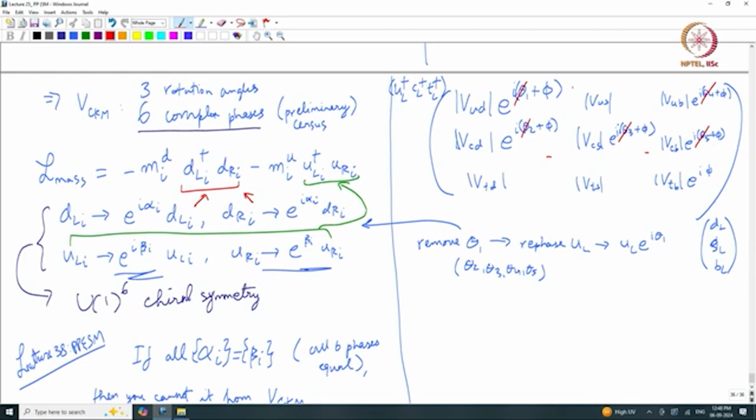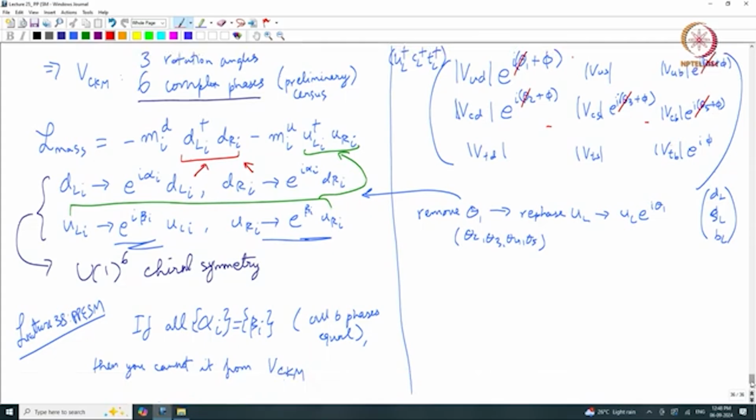That is what this freedom means. If I have already done the refacing, I have already made use of the freedom in the chiral symmetry, right. So, that tells you that I am still stuck with the phase in the CKM matrix, okay. So, the grand conclusion is that the CKM matrix, okay, in the final census contains 3 rotation angles and one phase. Alright,